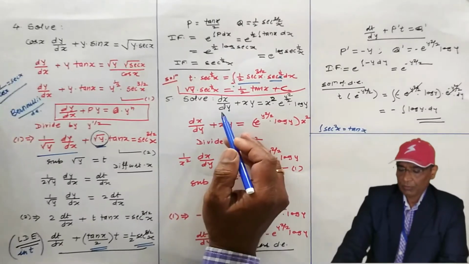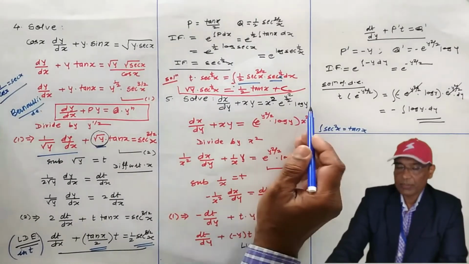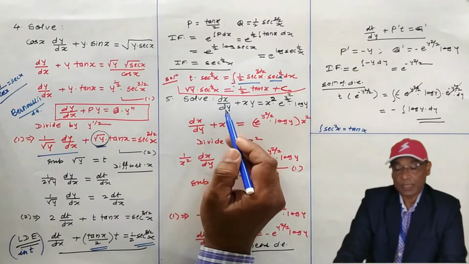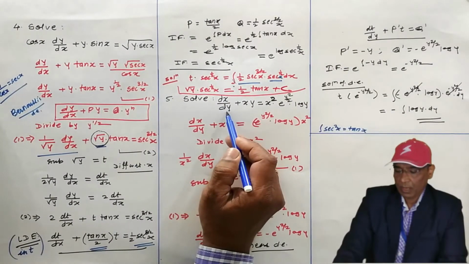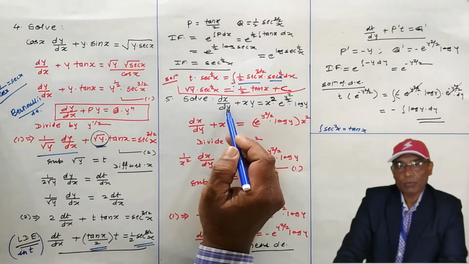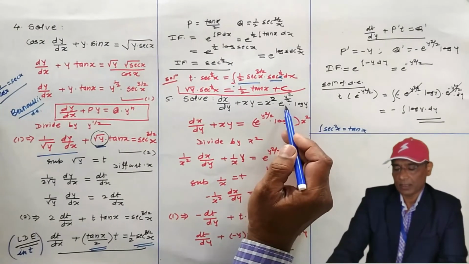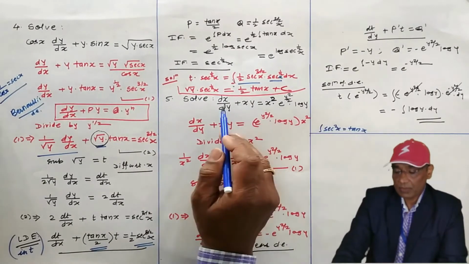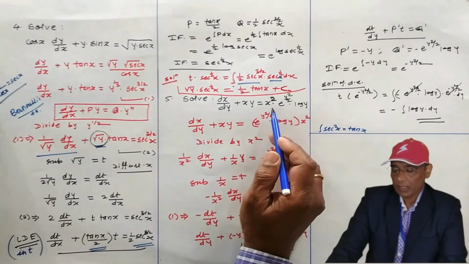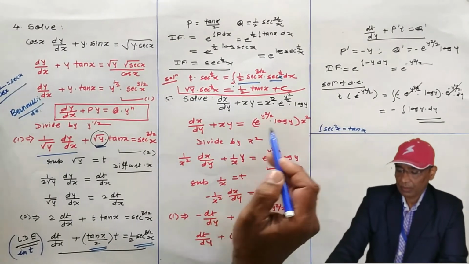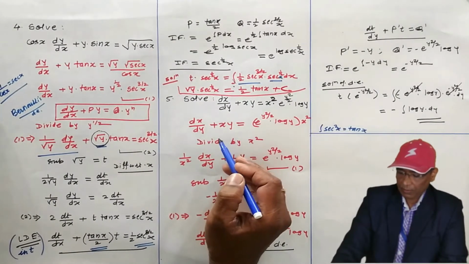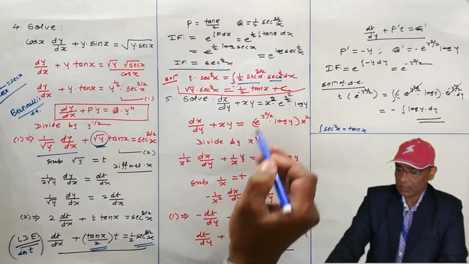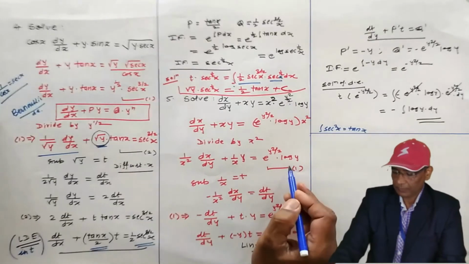Next one, fifth problem now. This is the differential equation. Now this is a differential equation in terms of dx by dy. Remember, for dx by dy, we want only terms in y on the right hand side. If x terms are there in the multiplication, it becomes a Bernoulli's differential equation in x. So what we do there, we divide by x square. If you divide by x square, then 1 by x square, x by x square is 1 by x, y as it is, e to the power y square by 2 log y as it is.